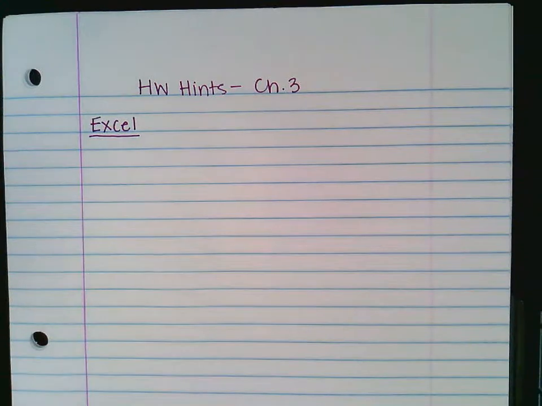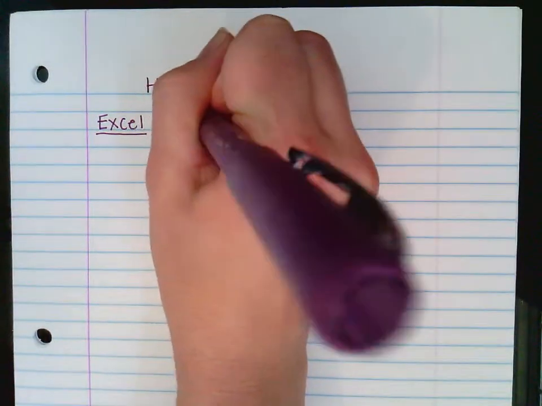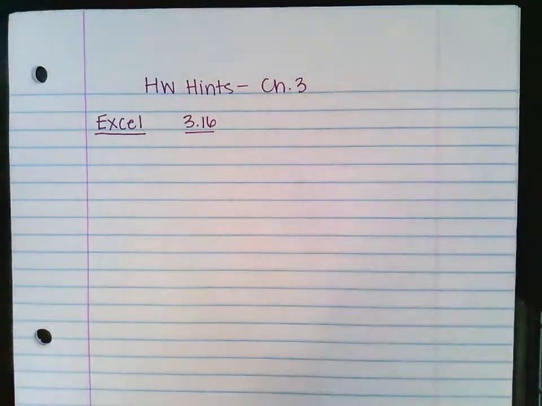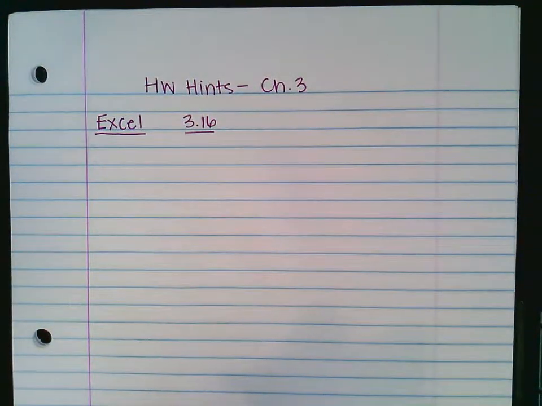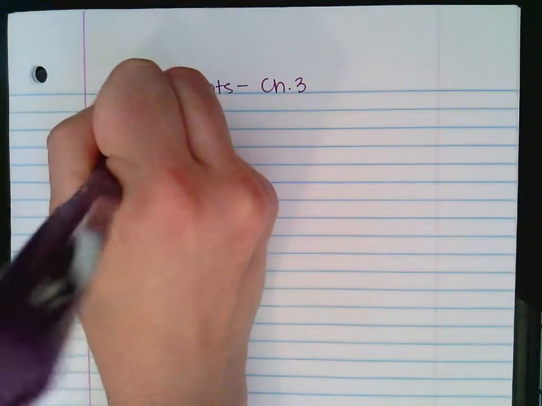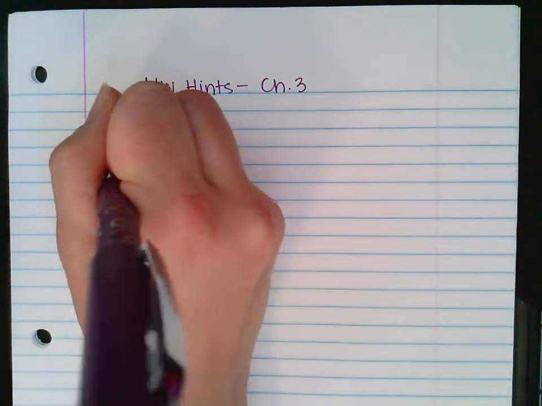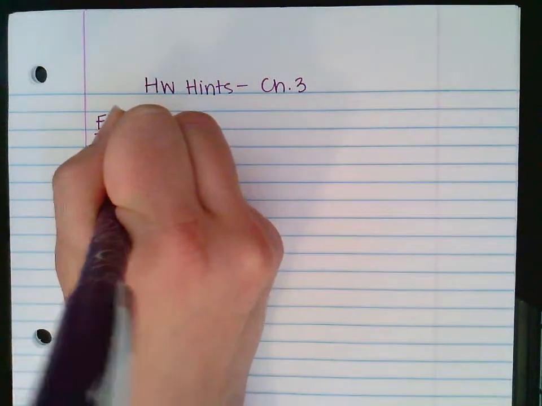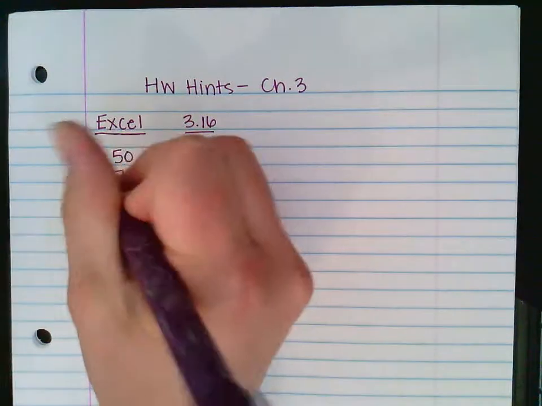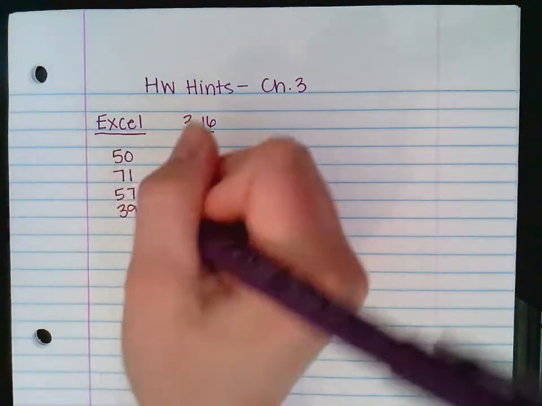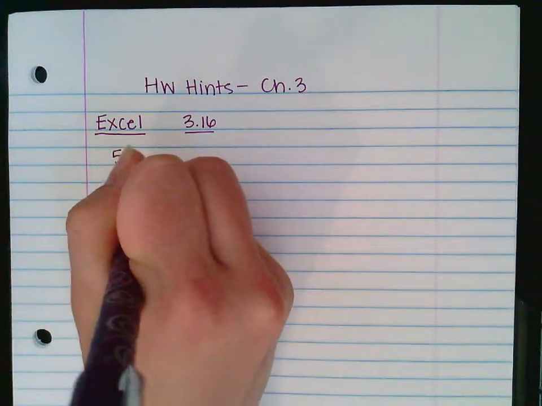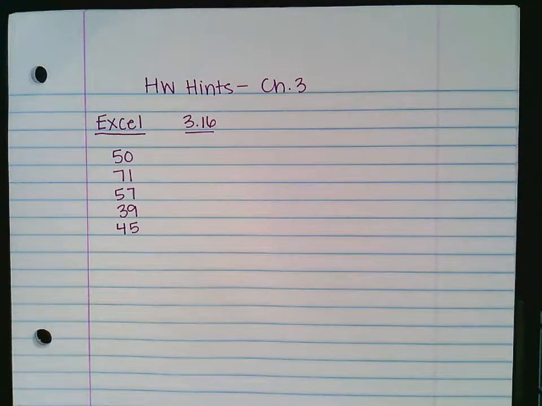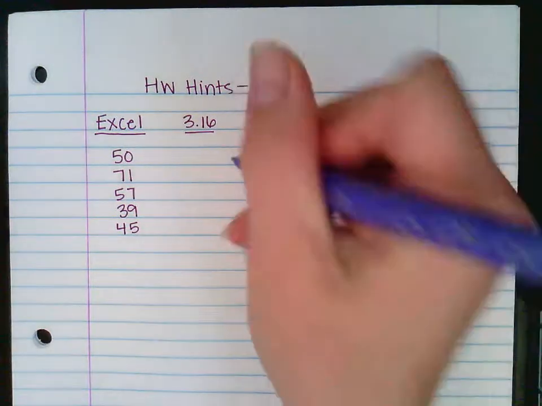So for example, in the first question, it's in 316. When they give us the data, they do not give it to us in numerical order. They give us just the data, maybe as it was recorded, but it's not sorted in any way. Now, to find the mean, that doesn't really matter. The order doesn't matter. I could find the mean,